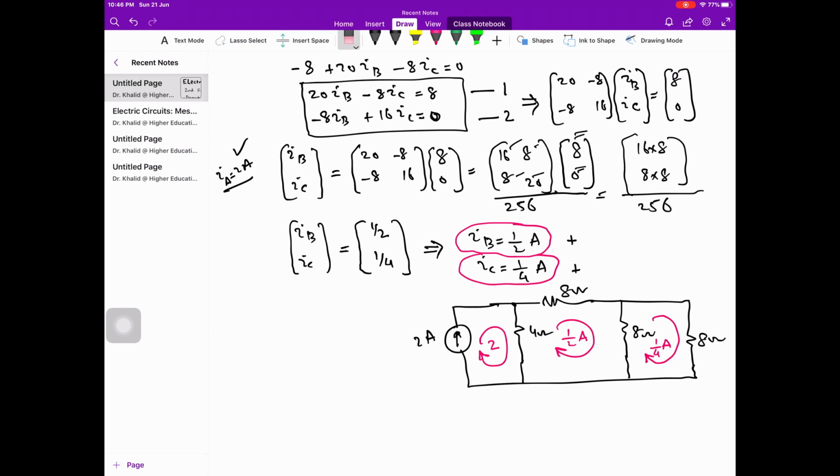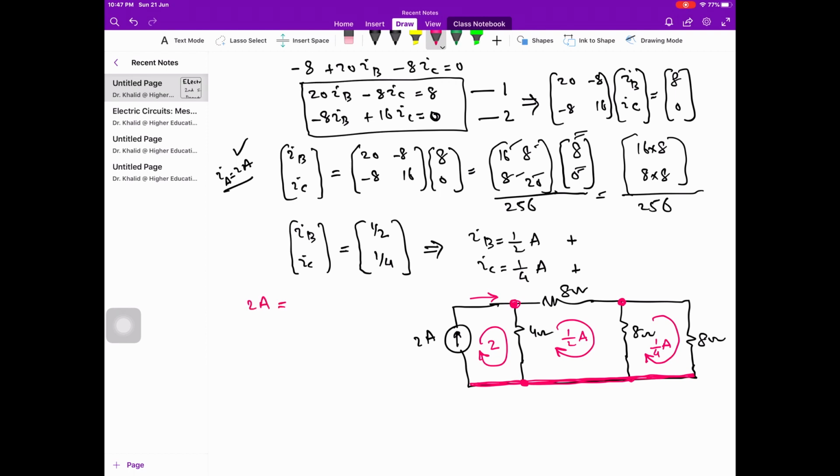Now, just a method of rechecking our analysis. If we say this node over here, and this is another node, and the bottom node, the whole bottom node is just one node over here, we can verify our calculated values. How can we verify? We see current flowing to this node is 2 ampere,